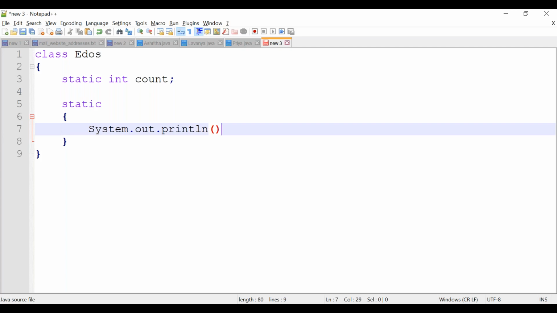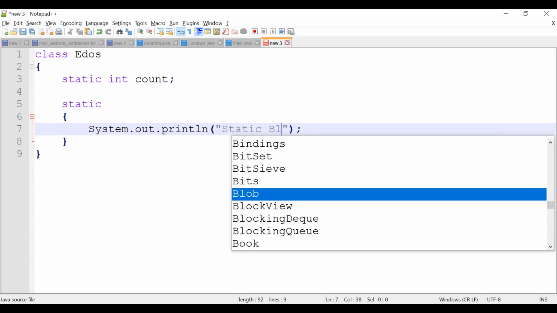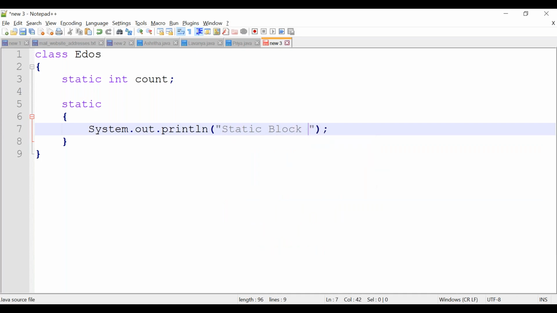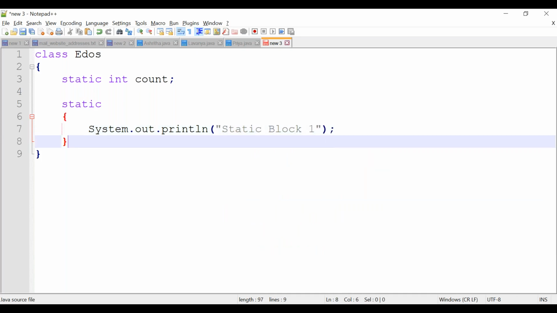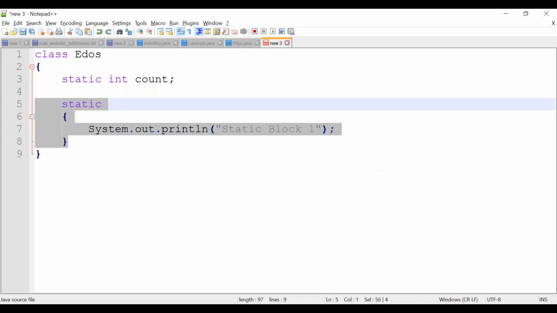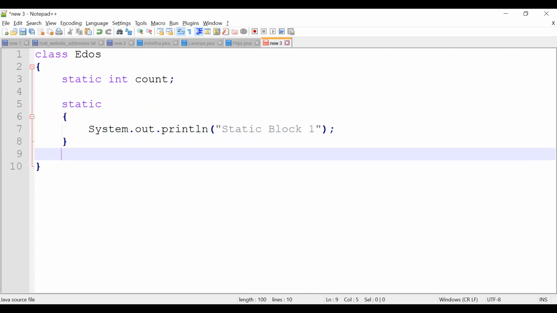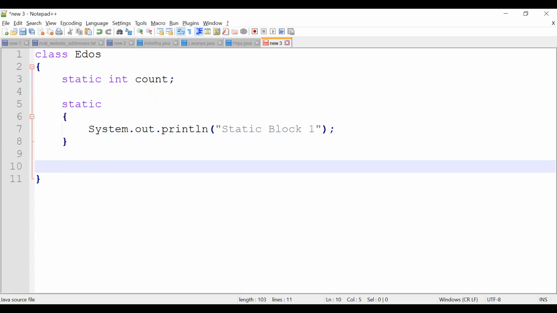I'm just mentioning this is static block 1. Okay, what I do, I'm going with one main method.